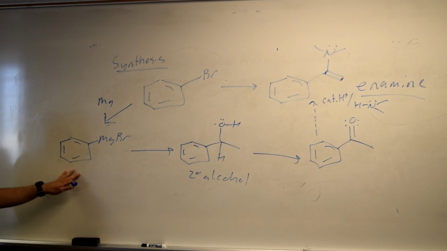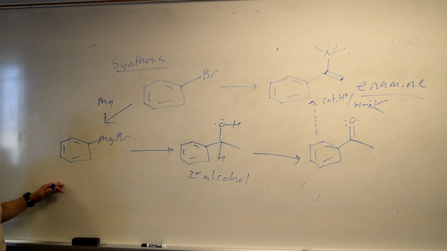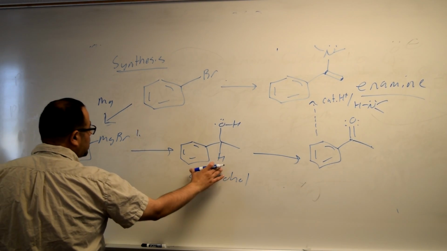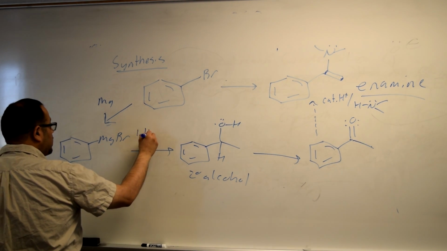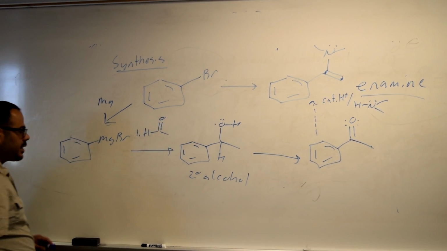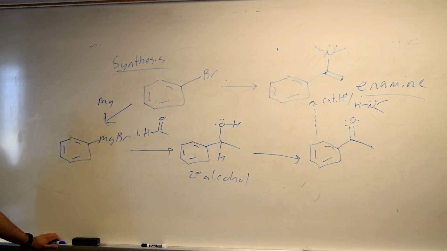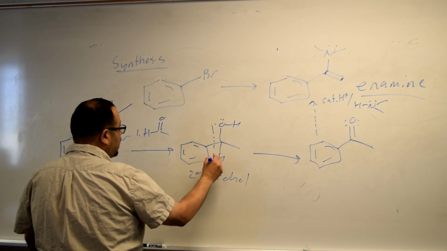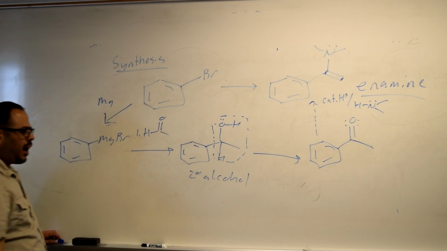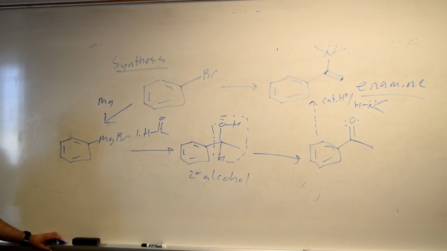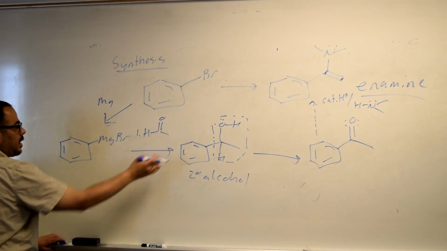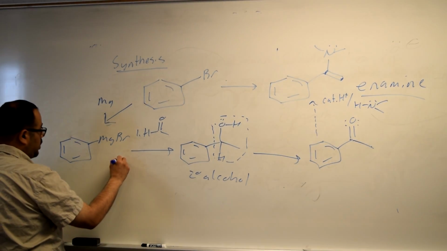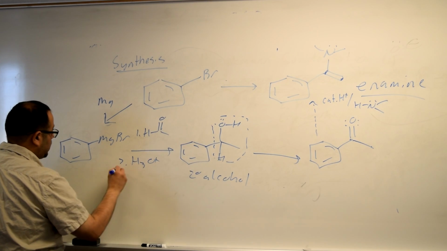In order to do that, I need an electrophile because I've got a nucleophile in the Grignard. And so the electrophile that I would probably need to get to this alcohol in particular is acetaldehyde, because that will add your two-carbon fragment, and we'll have this hydrogen as part of my aldehyde. If you cut this like this, it's basically the aldehyde without the protonation step, because you've got the hydrogen and the methyl group like you do in your aldehyde. And so it adds this Grignard part to it. So then you get, after an aqueous workup step,